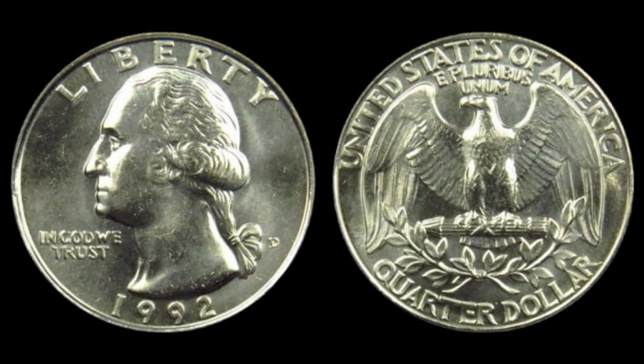during that production run. And the 1992 D quarter has since become a reference point for collectors, educators, and grading companies alike, used in presentations, educational materials, and valuation guides to demonstrate the extreme upper limits of what an era coin can achieve in terms of value, rarity, and historical significance. And this coin is not only a monument to the unpredictable nature of mass production but also a symbol of the treasure that might lie hidden in everyday objects, just waiting to be recognized, appreciated, and valued for what they